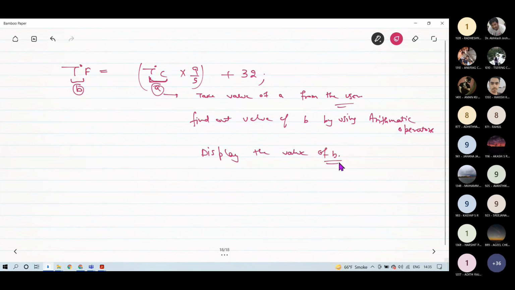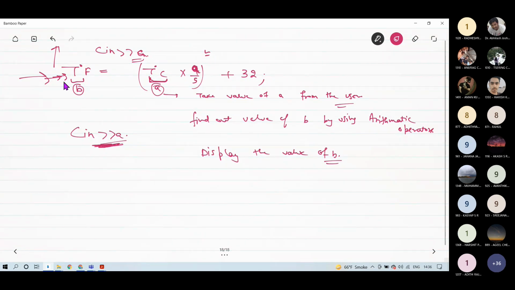In any expression, you can use a variable, but you have to define that variable before the expression. Something has to be stored into variable A before this line, so you have to take input into A. Some students make a mistake: they write this expression first and define the value of A later. Then A gets its value only after the program has already tried to define the value of B, so A has no value yet, it takes a random value, and the result is wrong. So if you are using any arithmetic operator, then whichever variables you are using in that arithmetic operation, you have to declare them first.